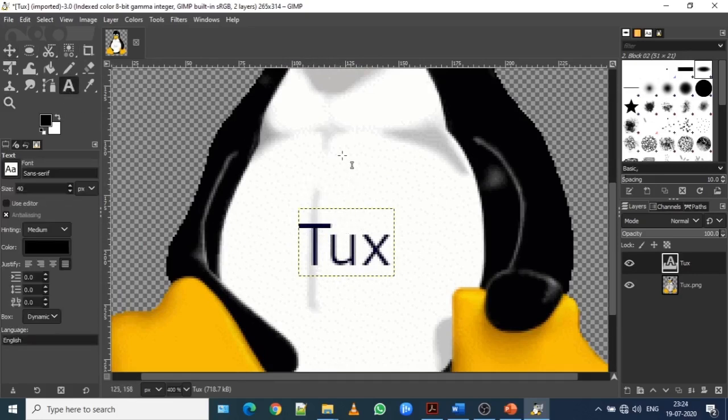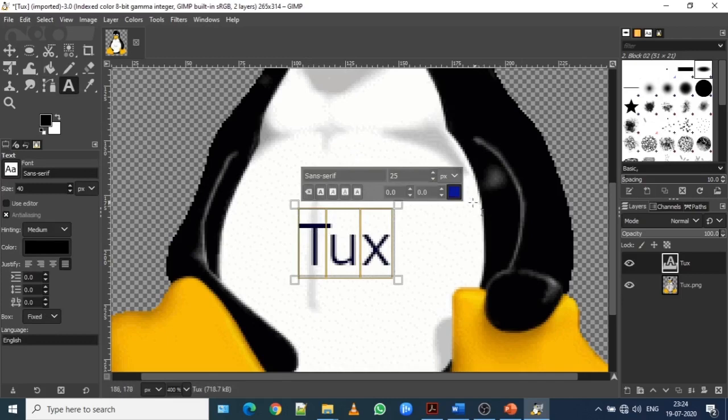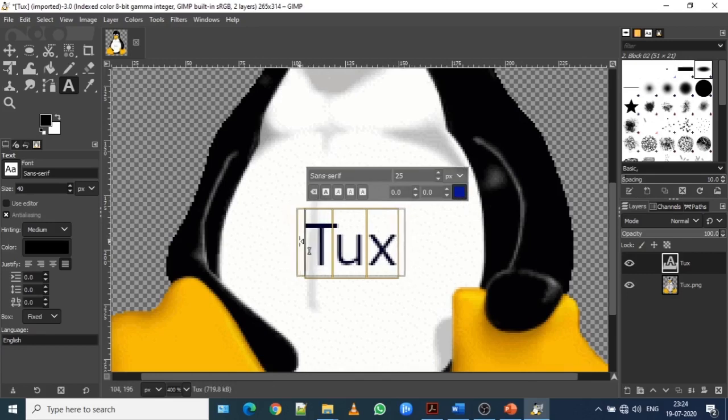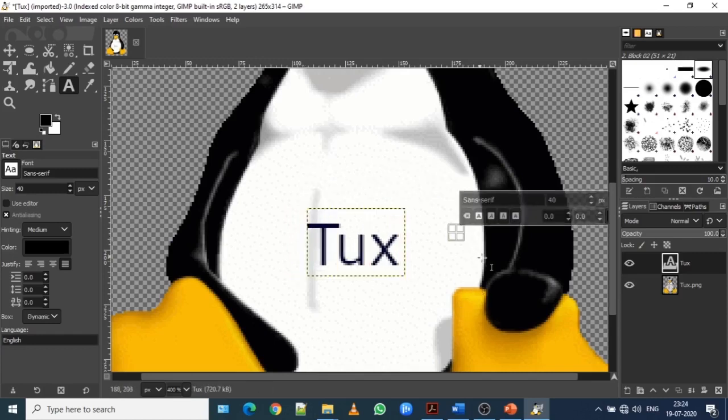If I again go to the text and check this out, see that once the text is selected, it is showing as blue color. So I have selected the right color. Let me move a little bit towards the right side. Now it's okay. Now what else we have to do?